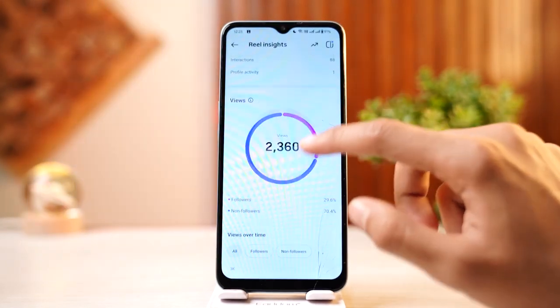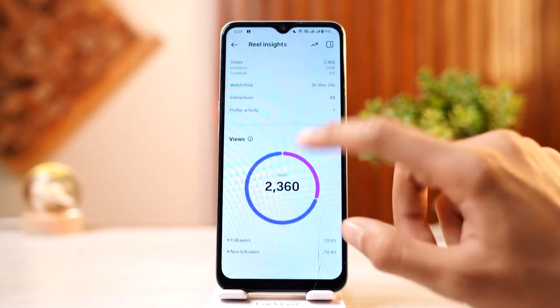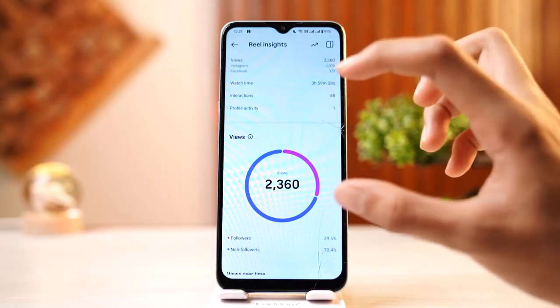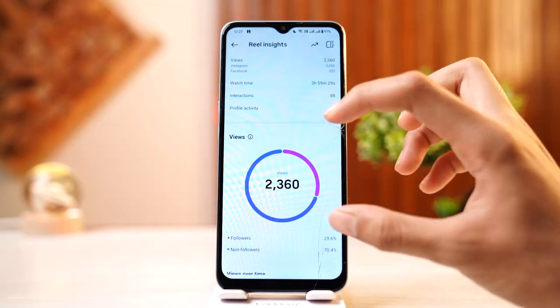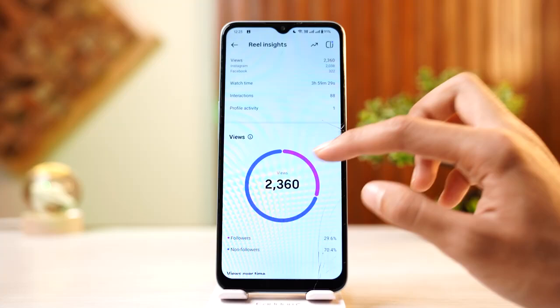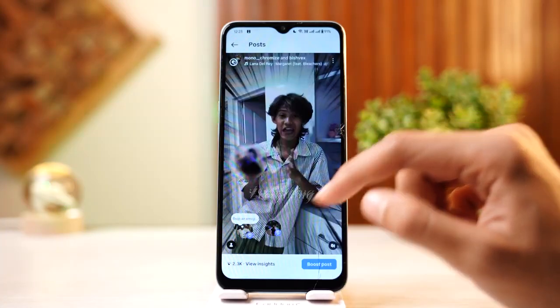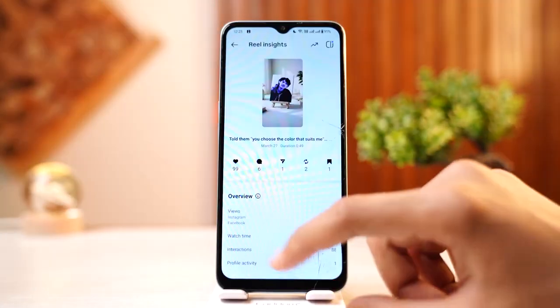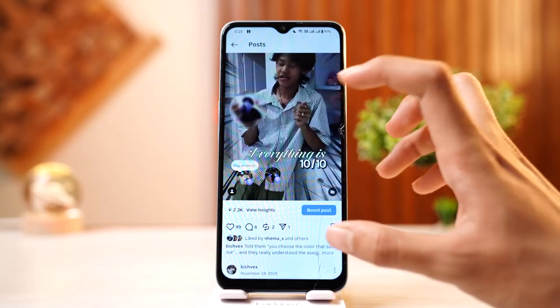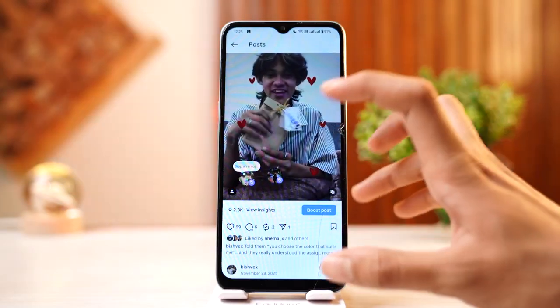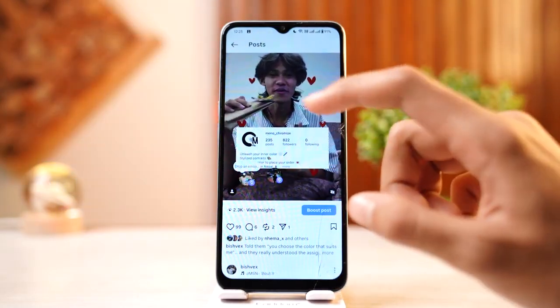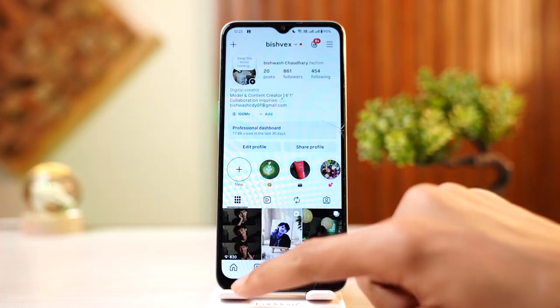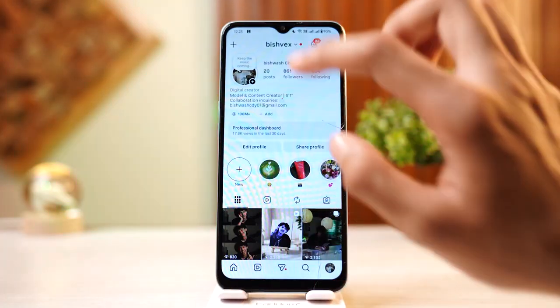You cannot actually see who viewed your video if it's been more than 24 hours since posting. But you can see who viewed your video within 24 hours. Or if you want to check your story, but if you want to check who